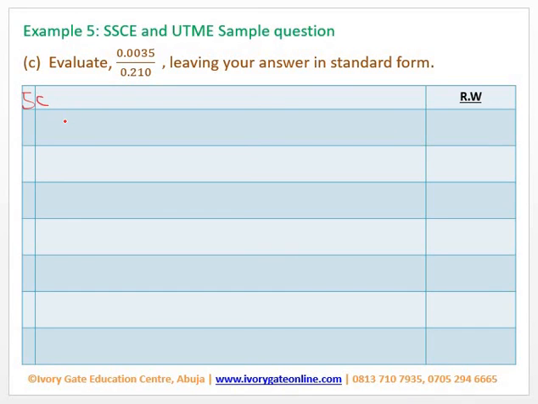Okay. Then finally we have 5c, where we are asked to evaluate 0.0035 over 0.210, leaving our answer in standard form. So this time we might decide to change both of them to standard form. The numerator will be 3.5 times 10 raised to power, to move 1, 2, 3 places to the right, that is minus 3,